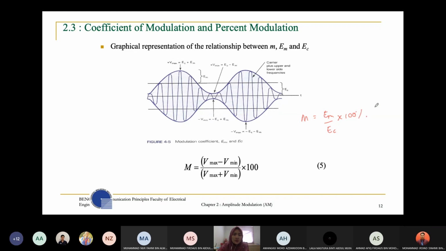But what happens if the question doesn't give you EM and EC, but instead gives you this figure? Then you can use this formula: Vmax minus Vmin divided by Vmax plus Vmin multiplied by 100%, because you already know that